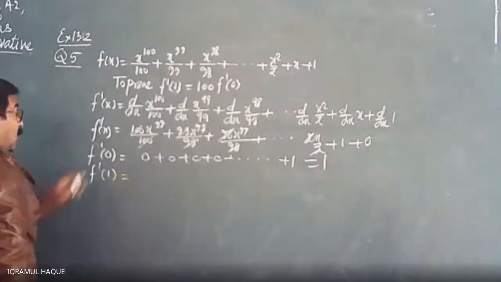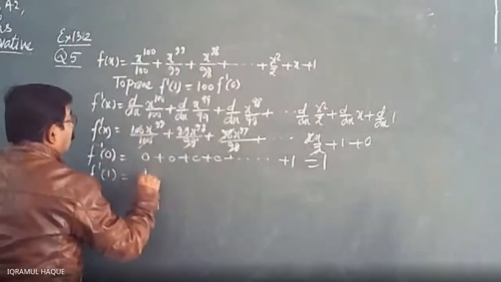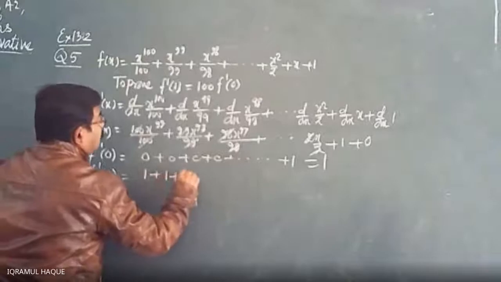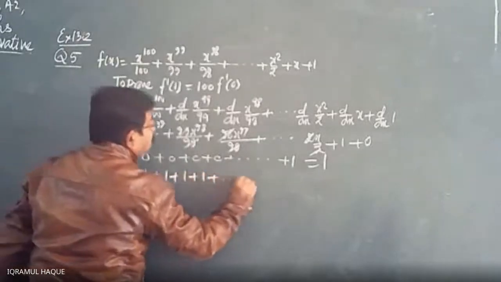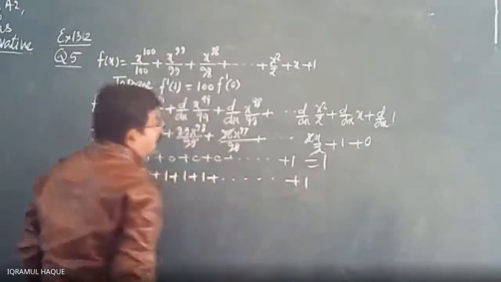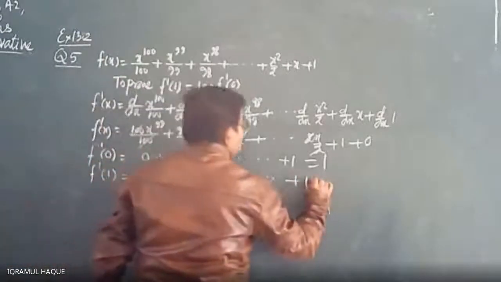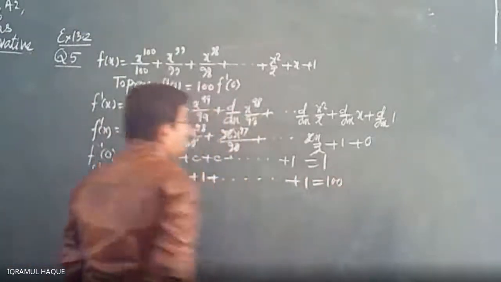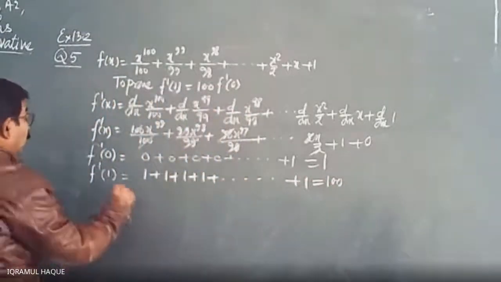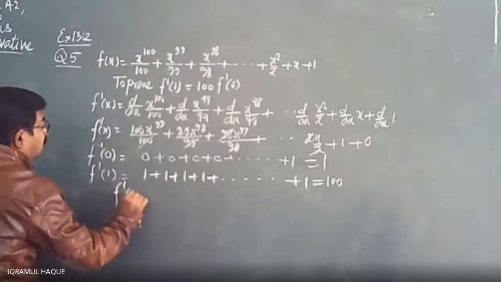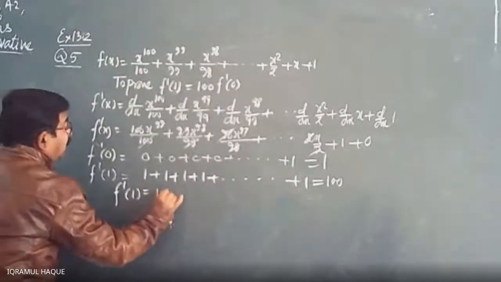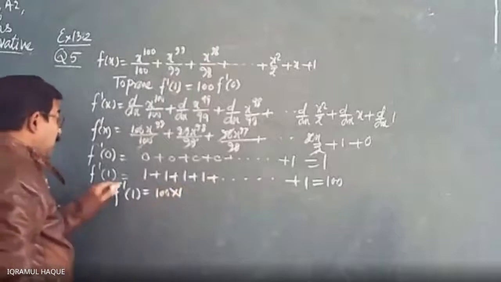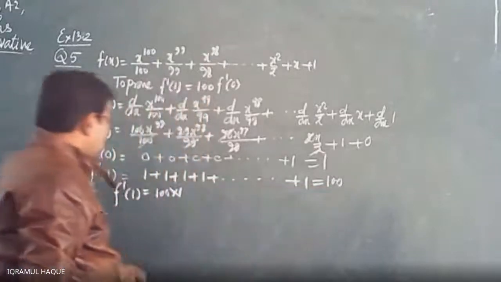So all will become 1. 1 plus 1 plus 1 plus 1 plus so on plus 1 is equal to 100. So f dash 1 is equal to 100, we can write 100 into 1 because its value is 100, and in place of